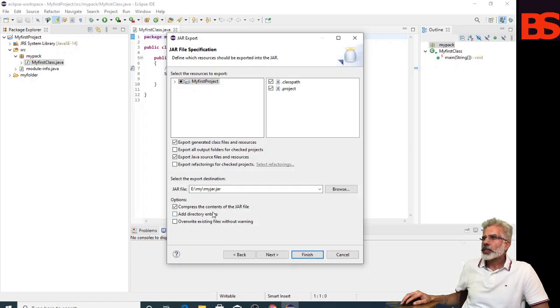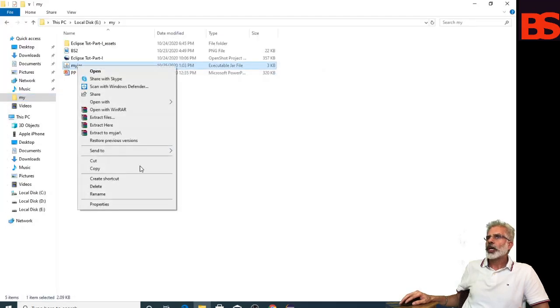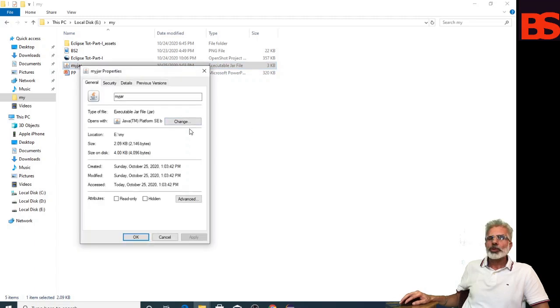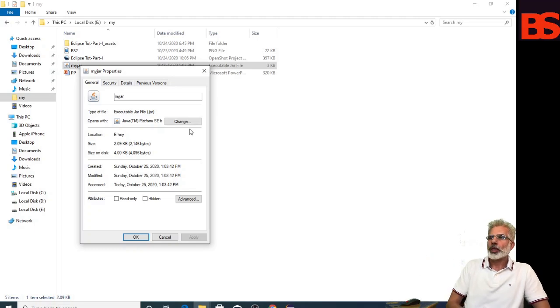Compress the contents of the jar file, then click on Finish. So this is your jar file. You can use this jar file for distribution purposes.